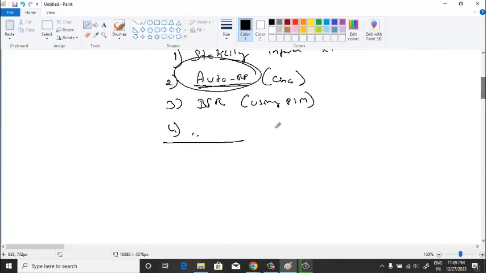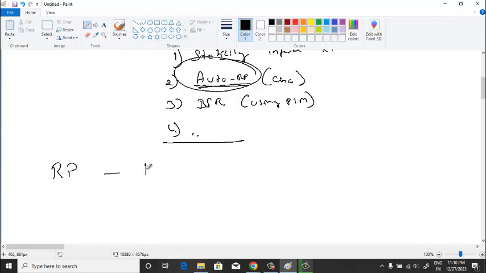Next, we can have multiple RPs. If your network is too big, let's say I have 500 routers in my multicast environment, and I have only one RP, then every router should come to that middle point to know about the source and the group, which is not good. Instead, I can keep RPs in various locations, so that every group member and source will register to the nearest RP, and through that RP they will know about the group members and source, because all the RPs are interlinked and synced using